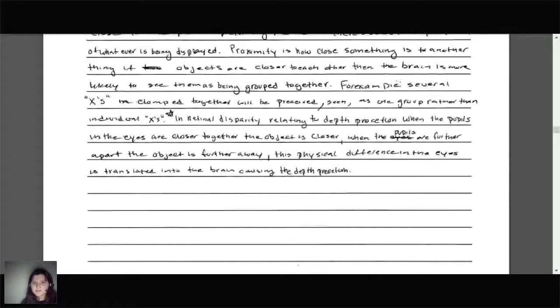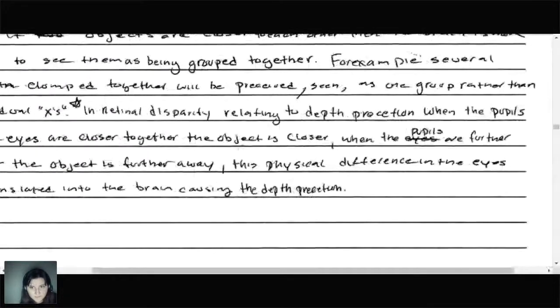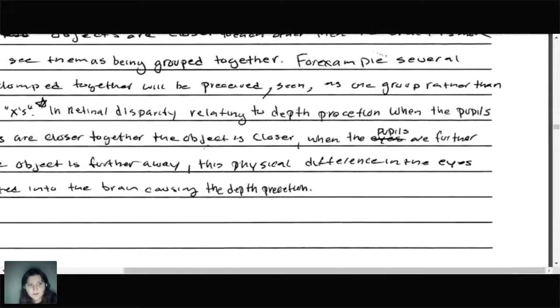This is one of the longer ones. Proximity is how close something is to another thing. If objects are closer to each other, then the brain is more likely to see them as being grouped together. For example, several X's that are clumped together will be perceived, seen as a group rather than